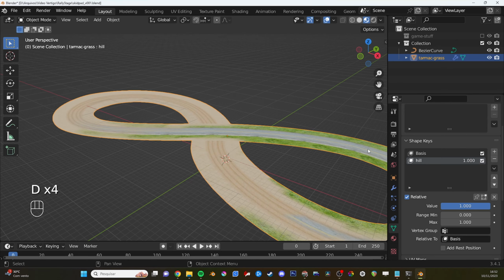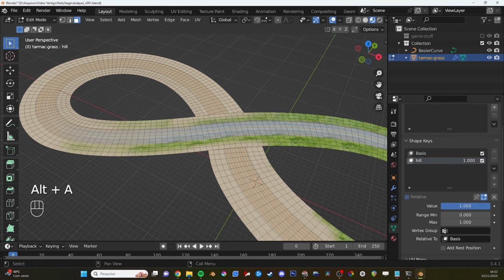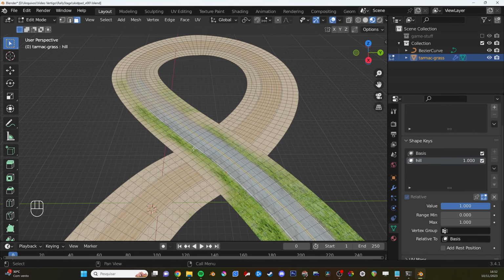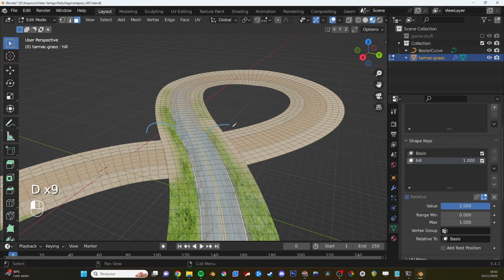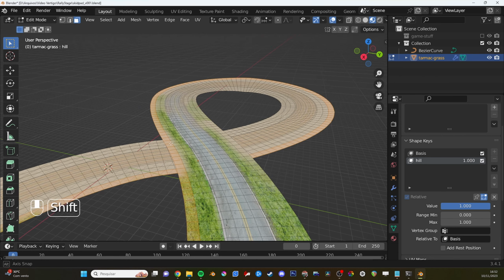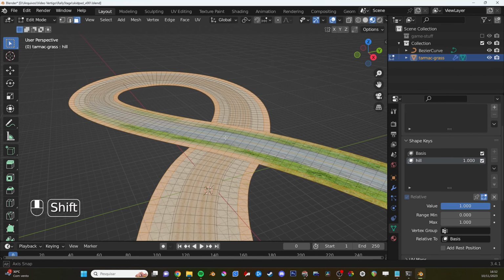So I'm calling it here. I'm going to click here so I can change it from the edit mode, and I'm going to basically sculpt a little bit of what happens on the side of the tarmac road, much like something like this. I'm going to press Alt and click here on the edge, so I can select all the edges and move them